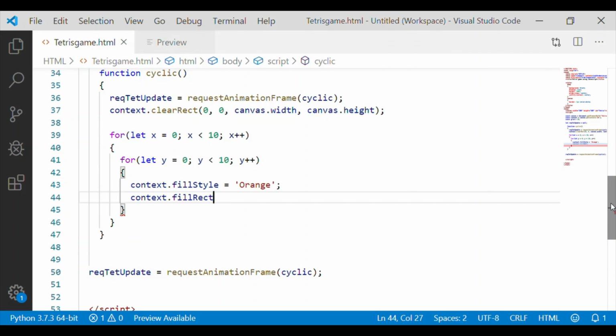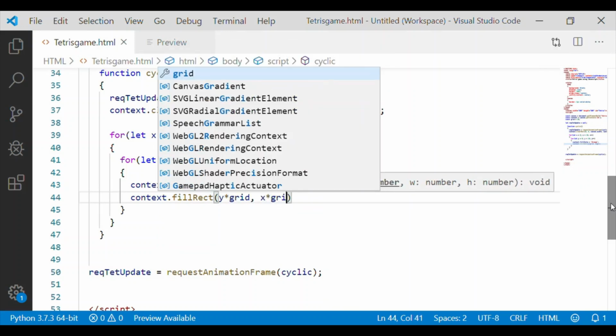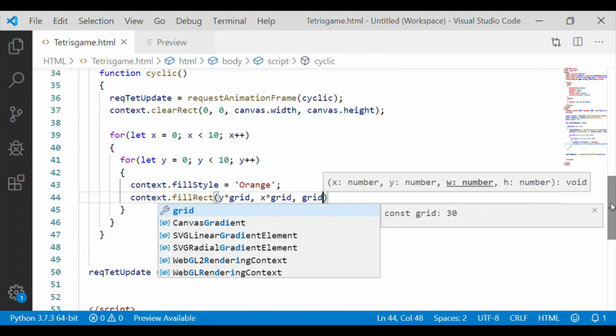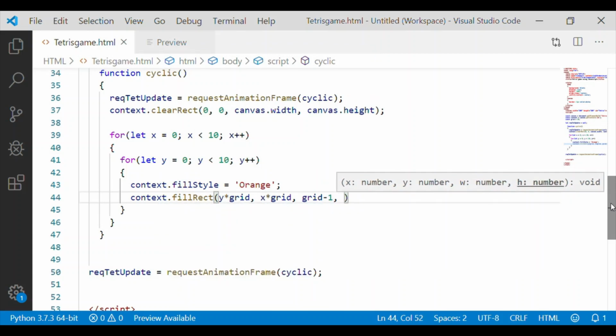We will fill our rectangle, the grids, with orange color, and each grid will be starting from the current x and y position, and it will fill with orange until grid minus 1, so that we will see the border of black color.